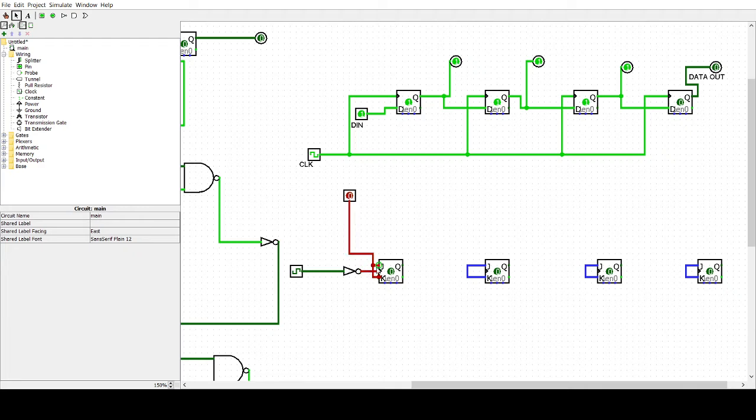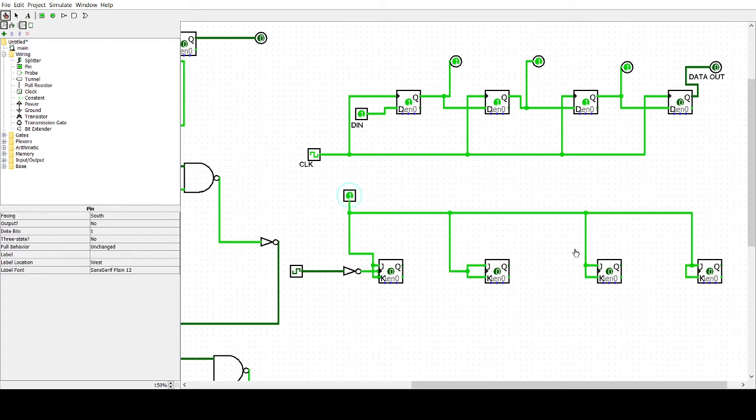So I don't know whether it is getting connected or not. I hope it is not connected. So I need to connect it to all. Now I am going to apply J and K equal to 1. That is what I need. So J and K are connected to 1.